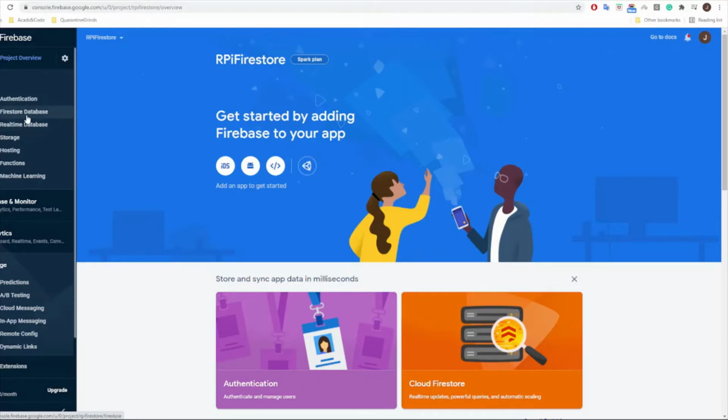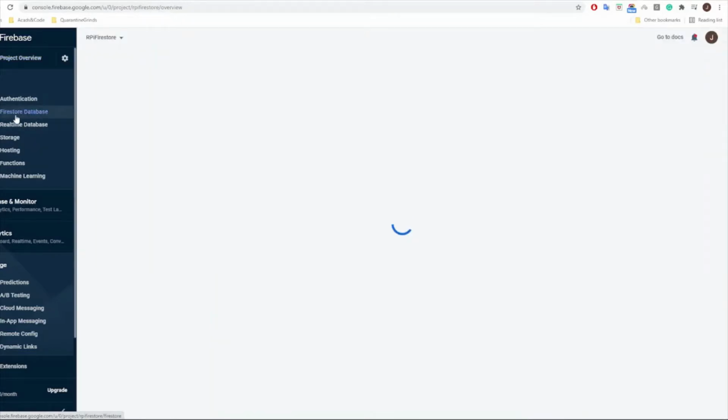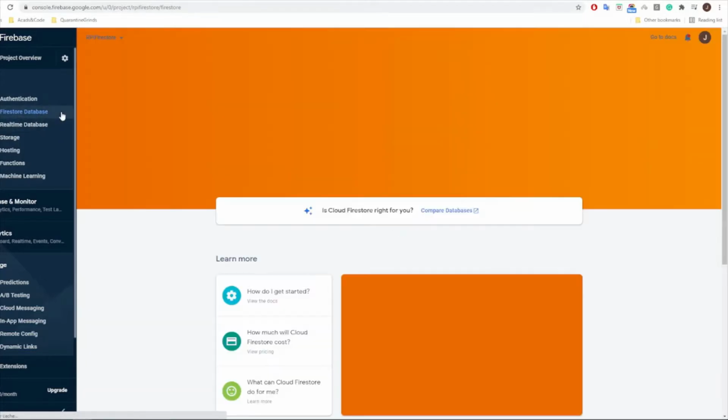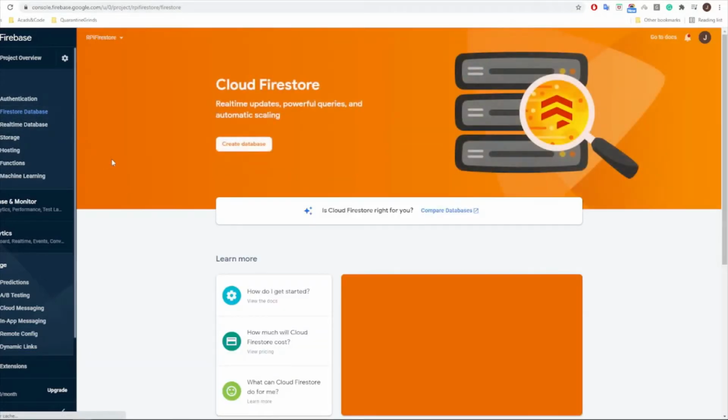They both offer real-time syncing, and they're both in a NoSQL database structure. Personally, I like Firestore database because this is the newer one, and it is much more advanced and powerful in terms of using queries and